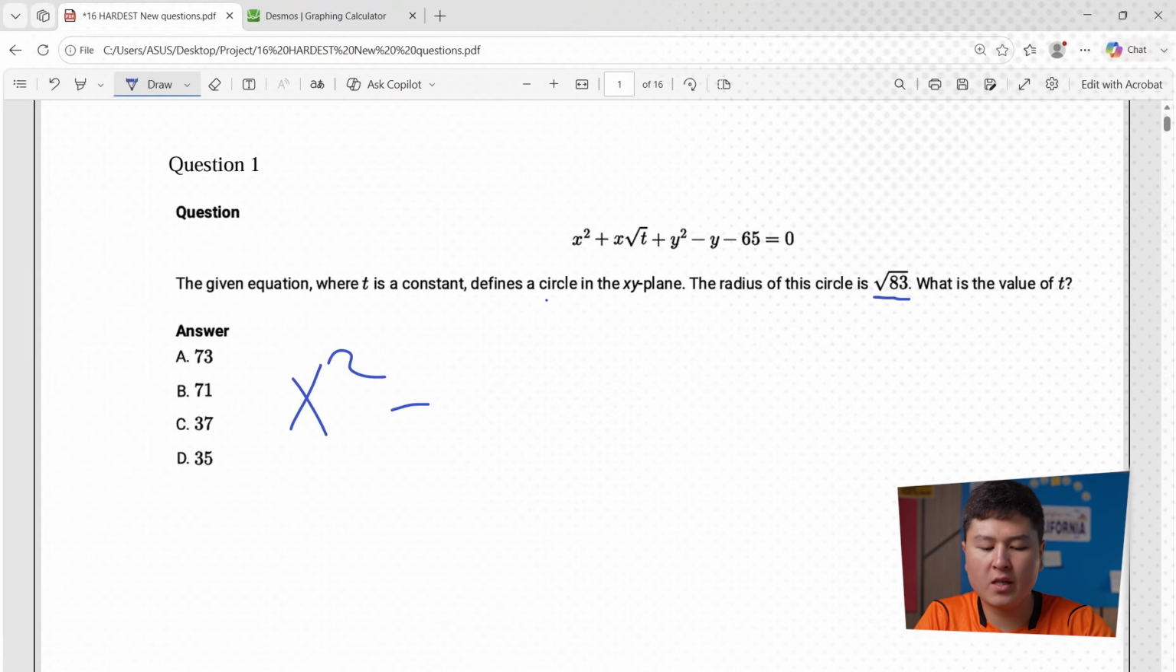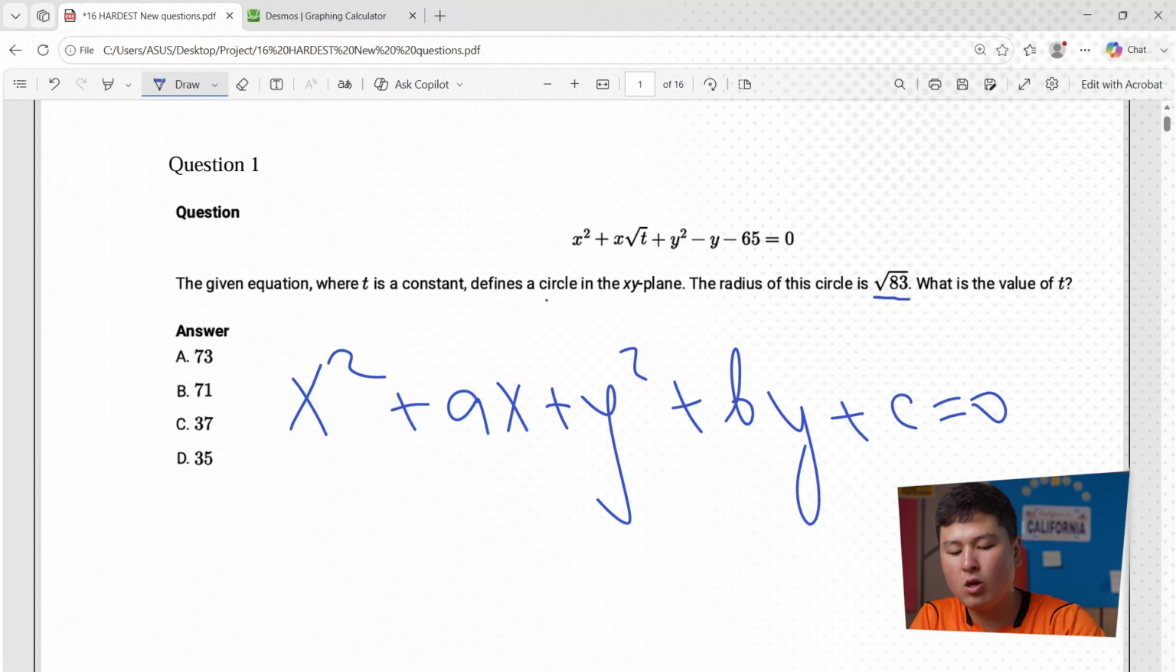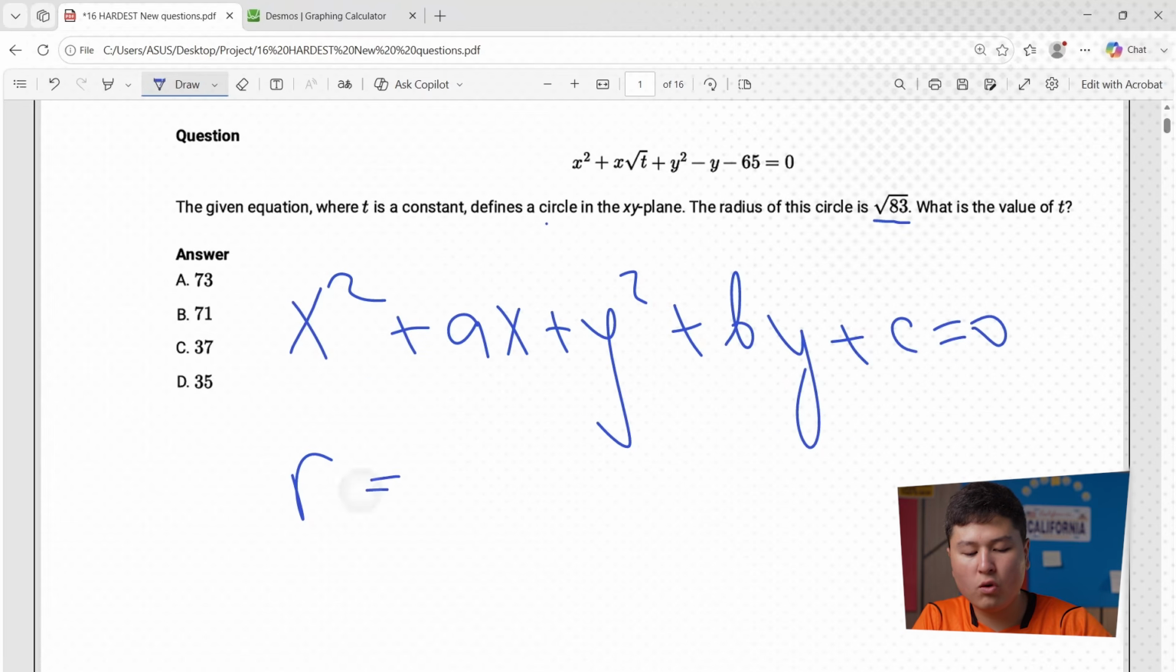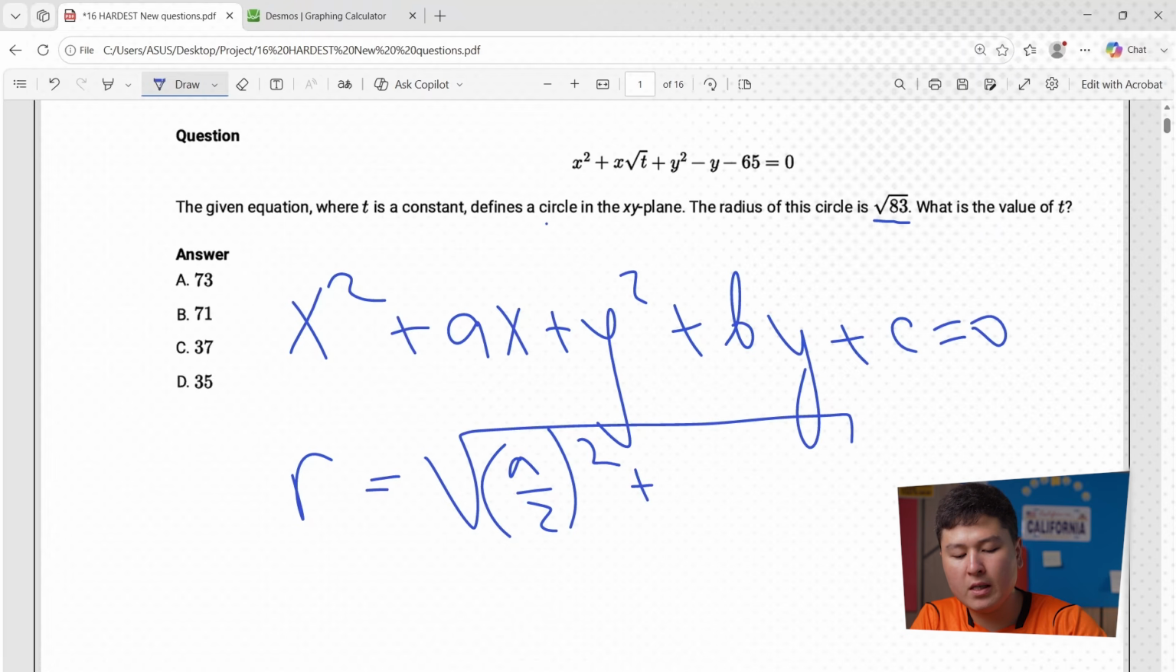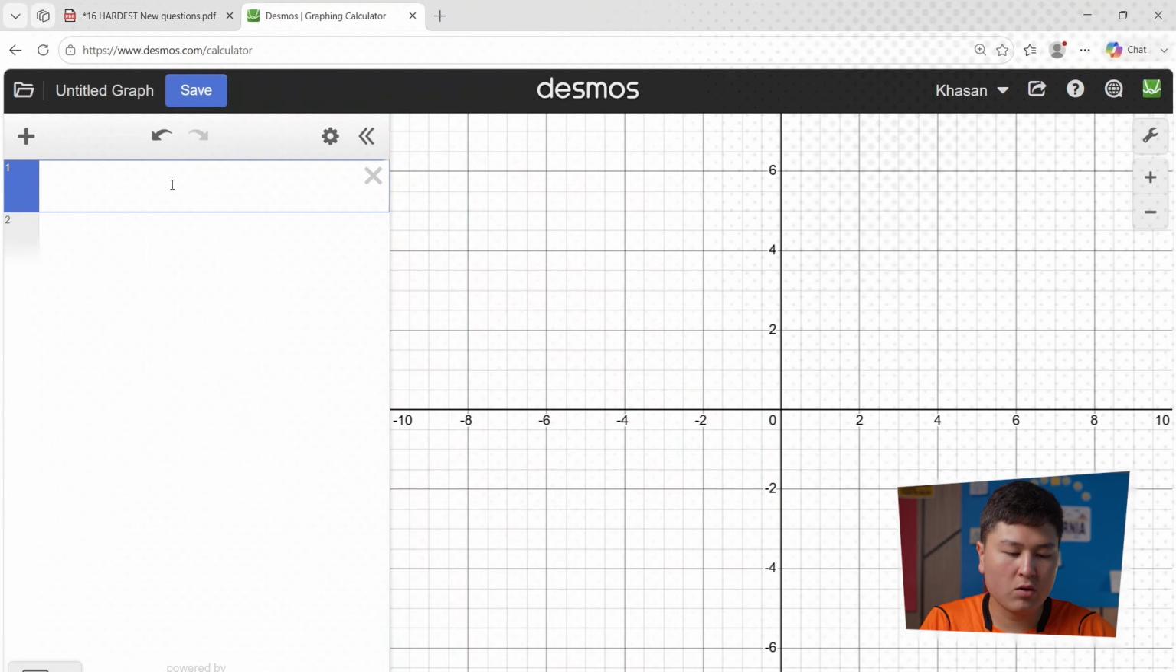When you are given a circle in this form, x squared plus ax plus y squared plus by plus c equals 0, to find the radius, we're going to use the formula: square root of (a divided by 2) squared plus (b divided by 2) squared minus c. So now let's plug it in. We've got a radius root of 83 that equals,